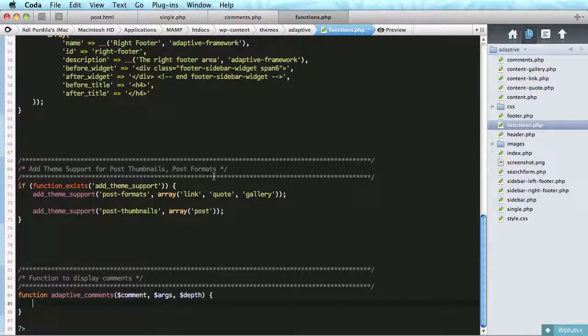Alright, now we'll begin with a quick check for the comment type, because we can have comments like normal comments, and we can have pingbacks and trackbacks. Those are basically links from other sites to our own post. So we'll do a quick check. We'll start with if. We'll use the function get_comment_type. So if get_comment_type equals pingback,